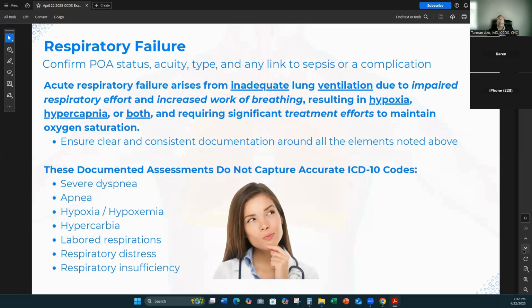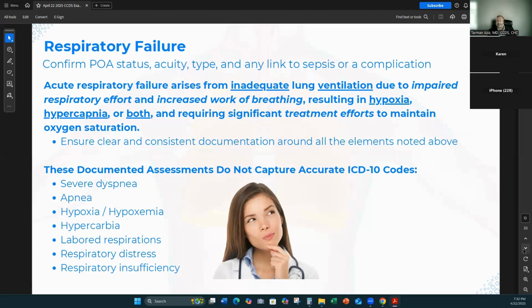The definition is simply impaired respiratory effort, typically featuring some increased work of breathing, as well as objective evidence of, for the second part, hypoxia, hypercapnia, or both. So if you see increased work of breathing, evidence of hypoxia, hypercapnia, or both, it doesn't much matter what oxygen therapy is on board. You may well be dealing with acute respiratory failure that needs to be defined as such.